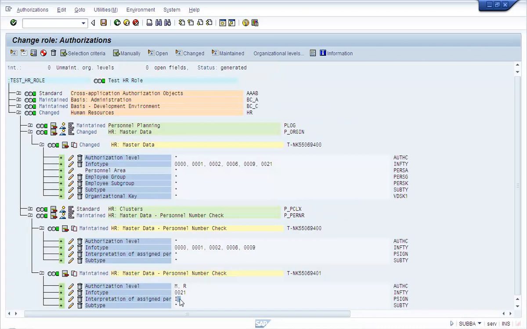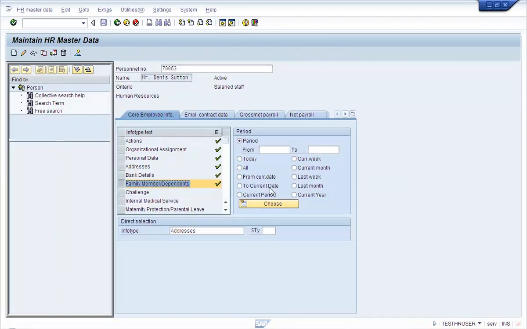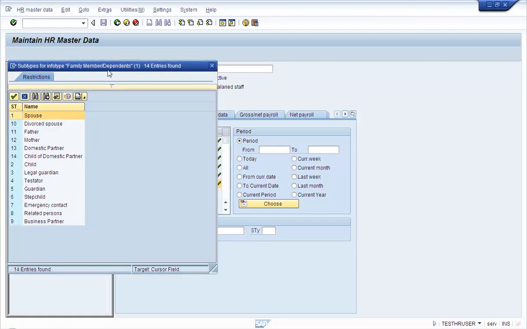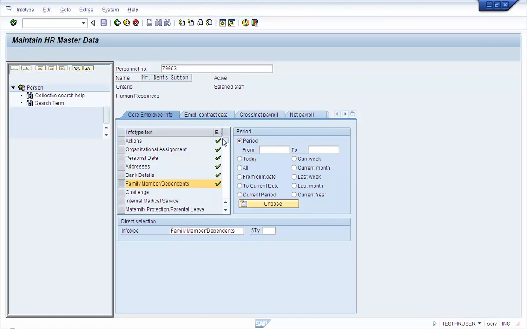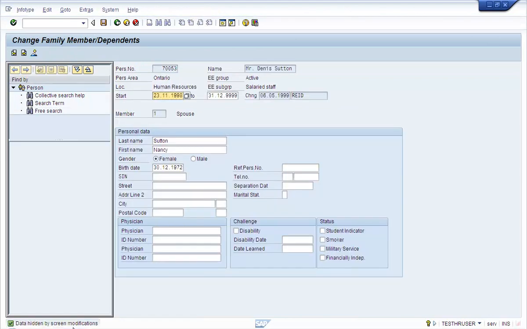So as per this set of authorization, test HR user can only display infotype data coming out of 21 for his partner. So this is test HR user's partner. So if you want to change, say change. So you have saved data hidden by screen modifications.